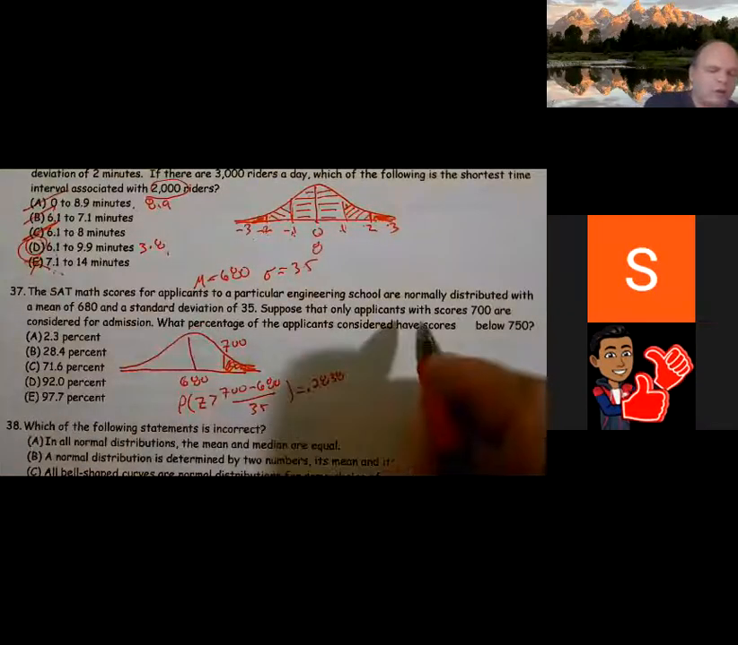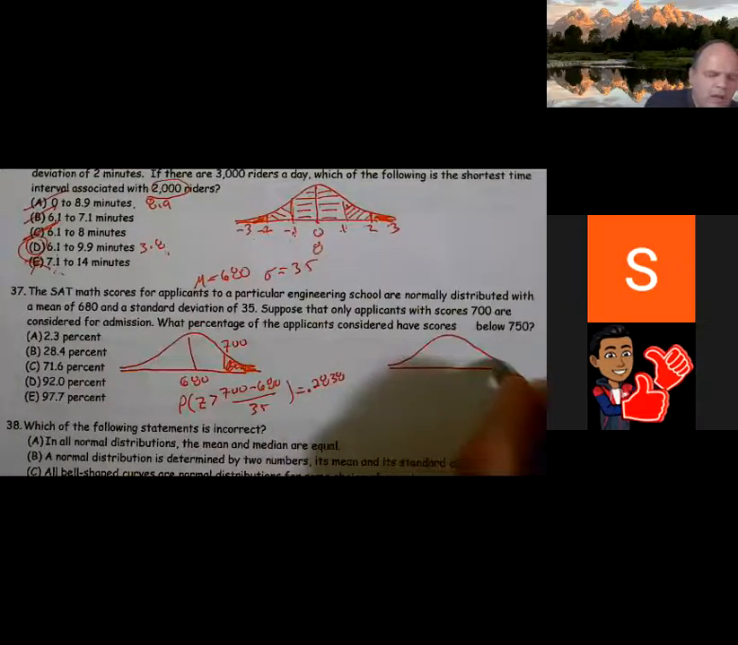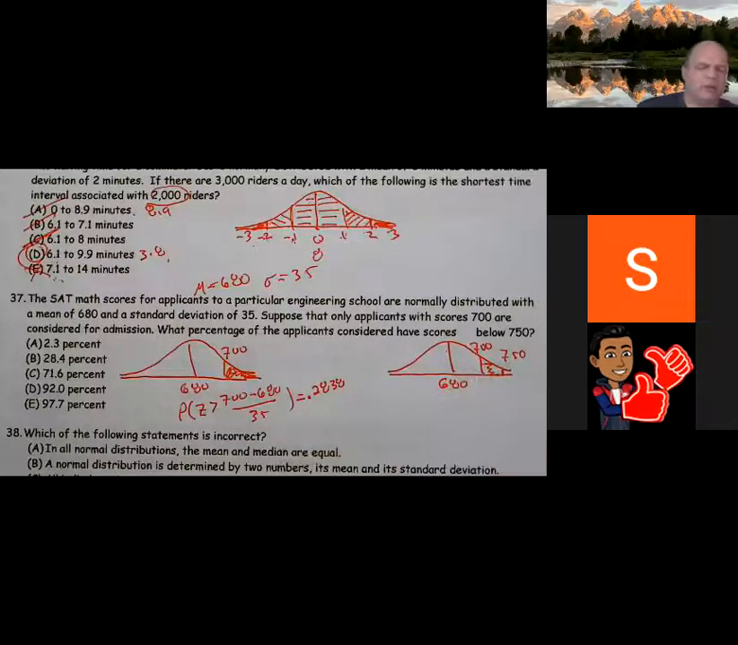So now, let's do another calculation. We need to find the intersection of 700 to 750. All right? We need to find the intersection of 700 to 750. So second vars, normal CDF, and I'm not going to show my work just because I'm going to run out of room. And I end up finding that this probability is